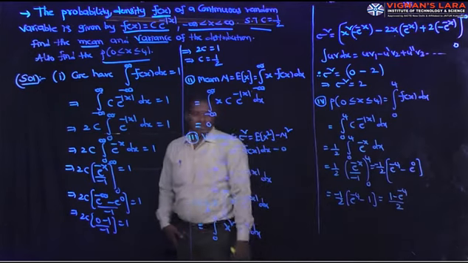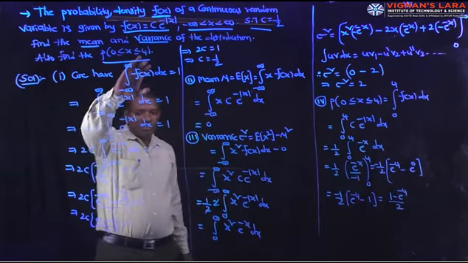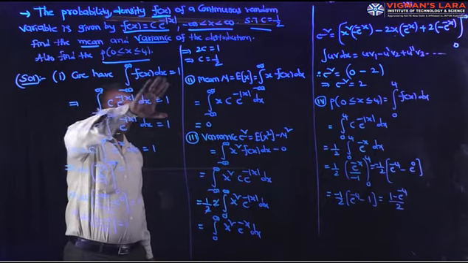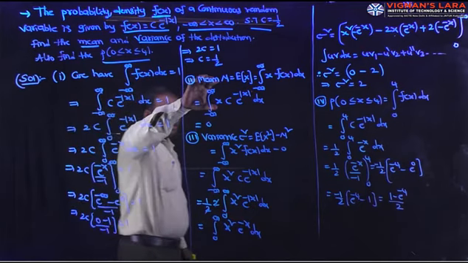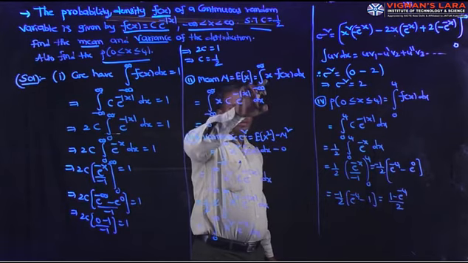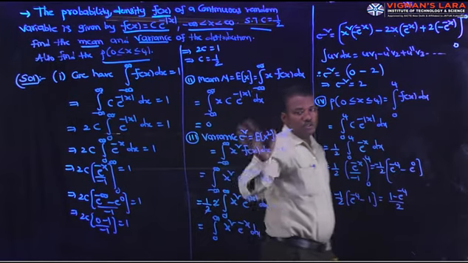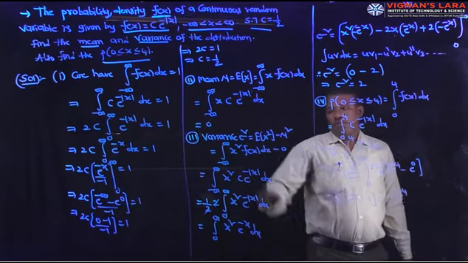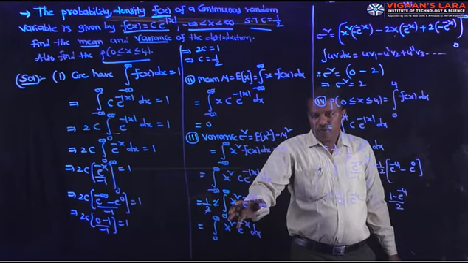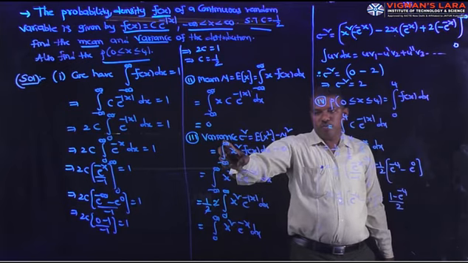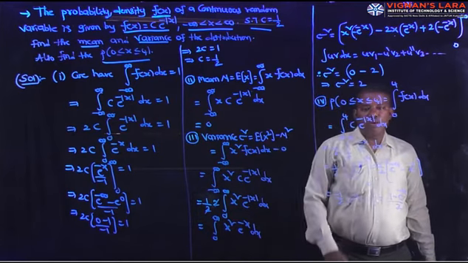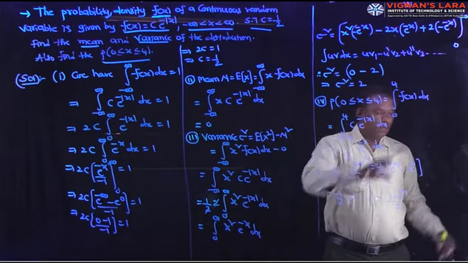Here there are 4 parts in total. One is calculation of C by using integral minus infinity to plus infinity f of x dx equal to 1. Second is the mean of the distribution, formula minus infinity to plus infinity x f of x dx. It is 0 since the integrand is an odd function. Variance sigma square is E of x square minus mu square, where E of x square is minus infinity to plus infinity x square f of x dx. Calculate. And then the probability between 0 and 4, that is 0 to 4 f of x dx.